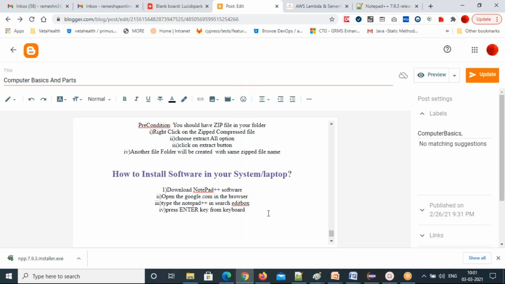How to install software in your system: go to the right website and choose the version. First you have to choose the right version of the software.